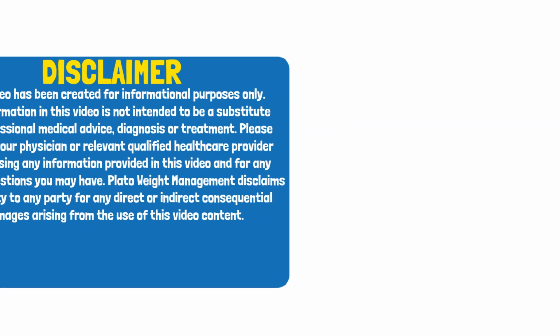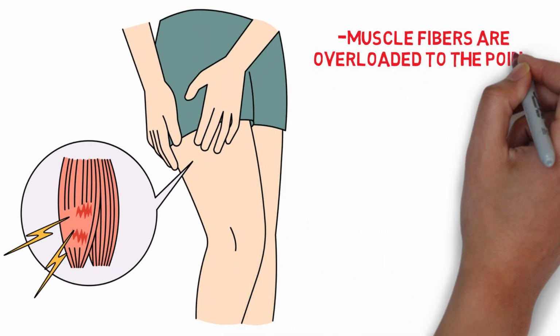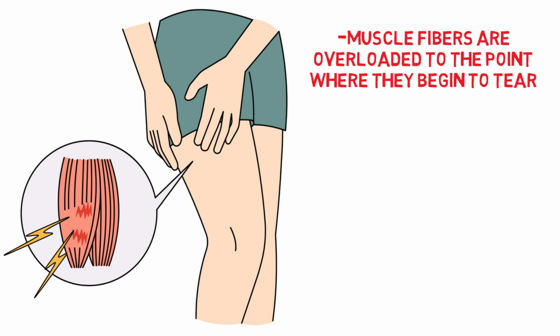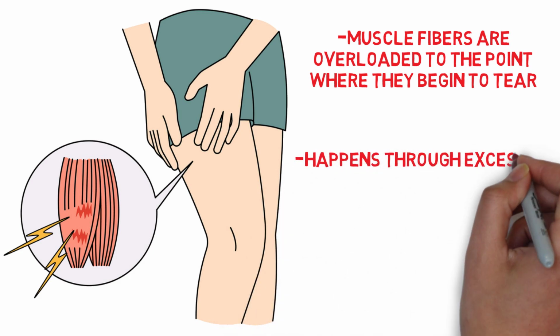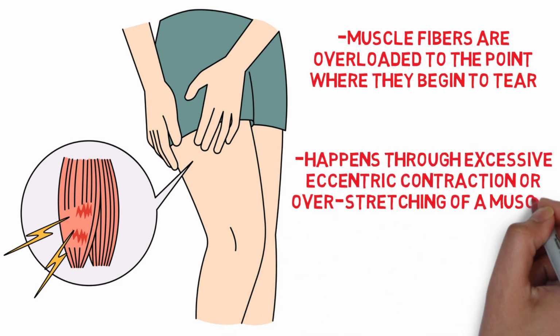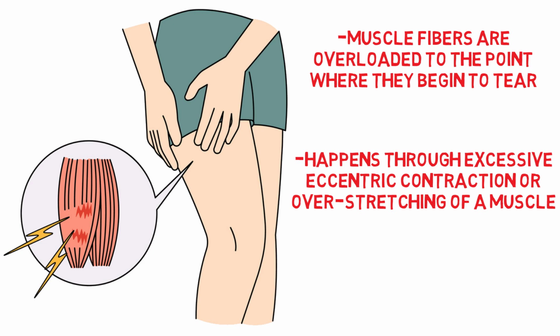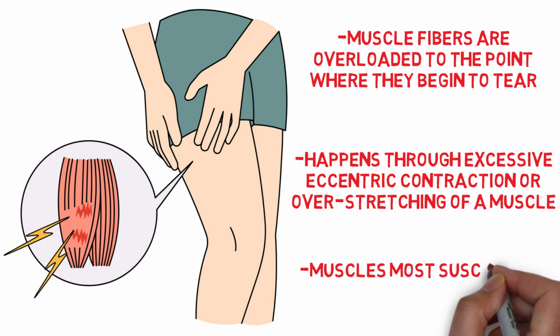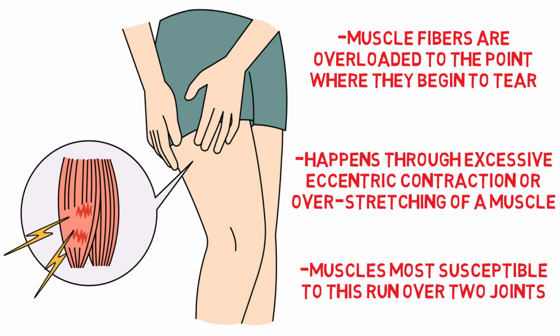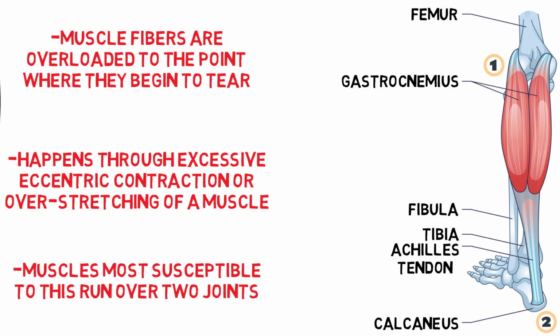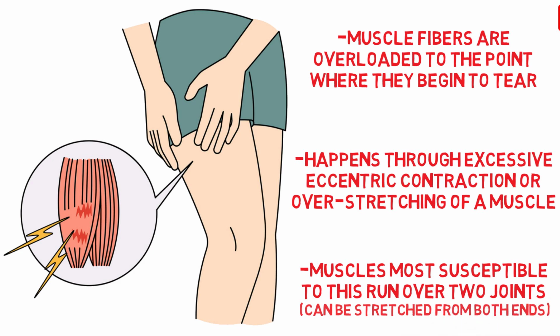A muscle strain is when the muscle fibers are overloaded to the point where they begin to tear. By and large, this happens through excessive eccentric contraction or overstretching of a muscle. Generally, the muscles most susceptible to this run over two joints, such as the gastrocnemius, the hamstrings, and the rectus femoris. This is because rather than only being stressed from one end, biarticular muscles can be stressed from both ends